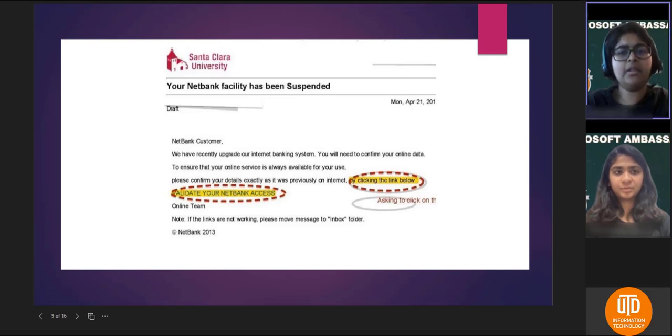So this is an example of a possible phishing scam. The highlighted text directs us to a link that is asking us to validate our net banking details, asking for our personal information, specifically if it involves something financial. We should be careful about it when we receive it. One suggestion is to try and hover over the link for a brief description regarding where the link is directing us. By doing this, we can avoid entering suspicious links that cause an issue to our device.